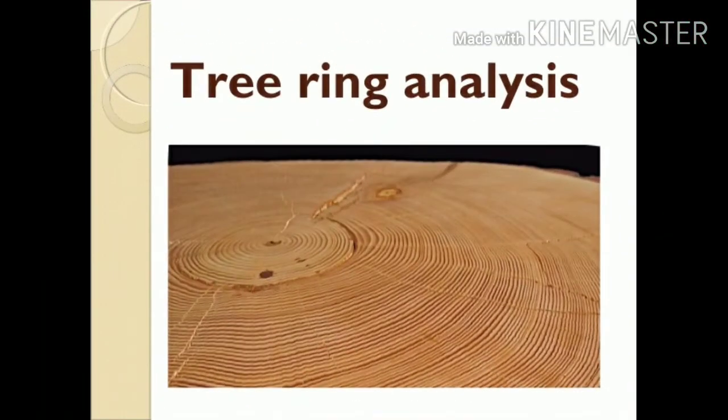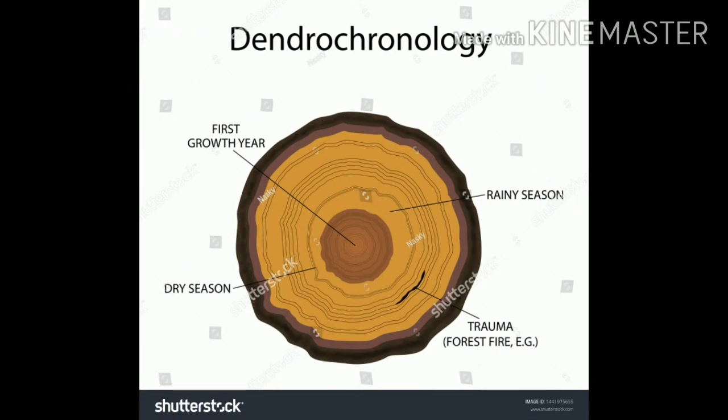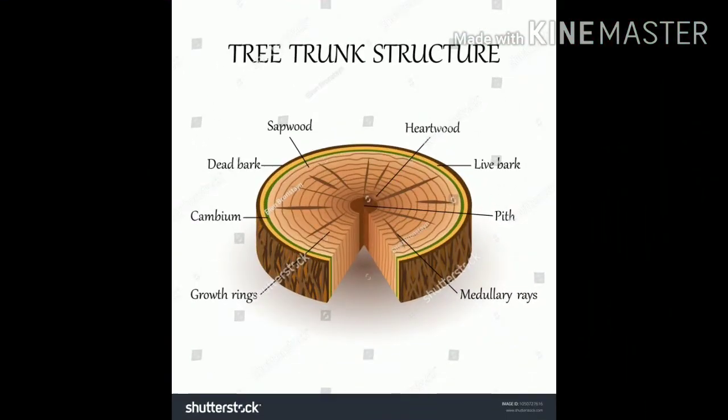As the tree grows old or as the tree grows in height, the trunk also grows in girth. A new ring appears for every year of the growth of the girth. The ring can be seen when the tree is cut. If we count the rings, we come to know the age of the tree. It can also be used to determine the age of the wooden artifacts.